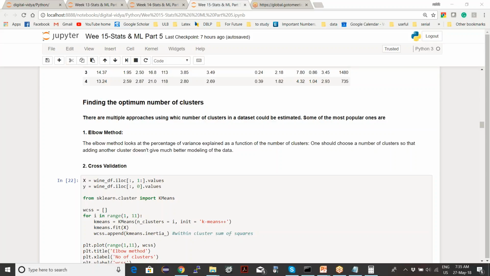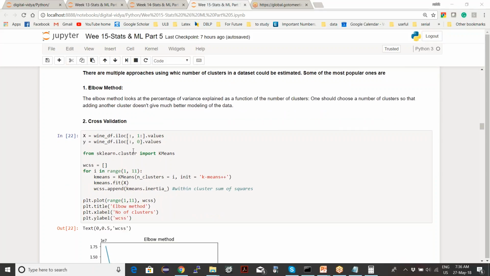Just think how much of the data could be explained using the number of clusters. How much variance is explained if the number of clusters is 2, how much if the number of clusters is 3. Then you choose a number of clusters so that adding a new cluster does not give much better increase in the percentage of variance.